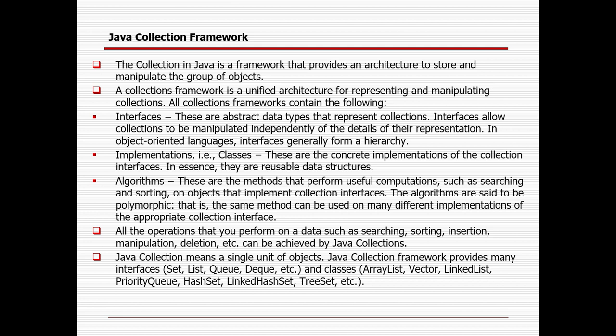If it is an integer, it will take the default value 0. If it is a string, it will take null. If it is a double, it will take 0.0. If you fix the array size as 3, you cannot add a fourth element. That is the problem. And if you define the size as 3 and add only one element, the other 2 elements take the default value of the data type. So an array's size cannot be changed at runtime. Once the size is declared, it is fixed in length.